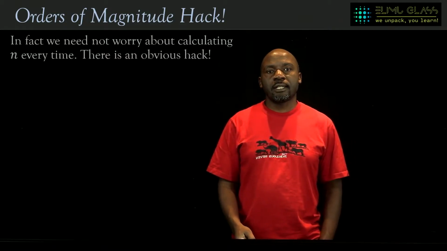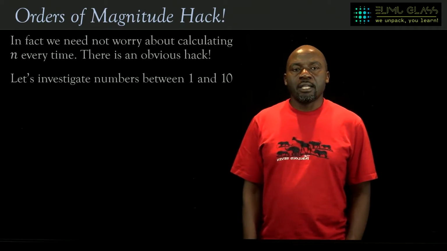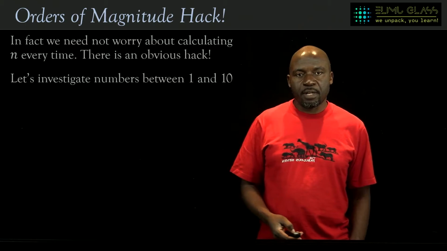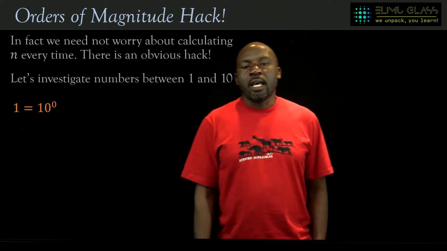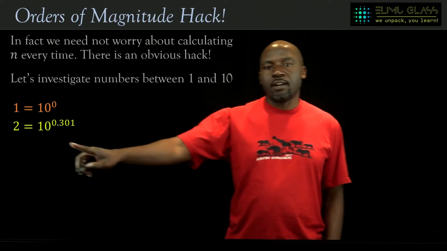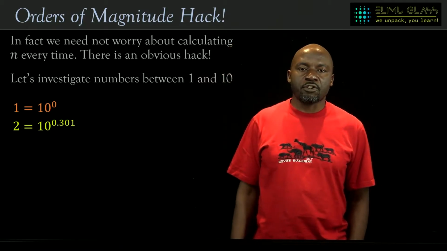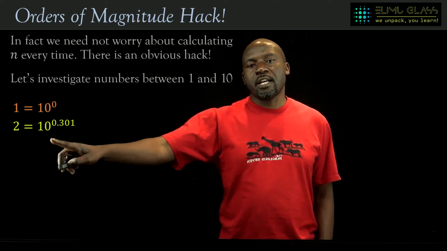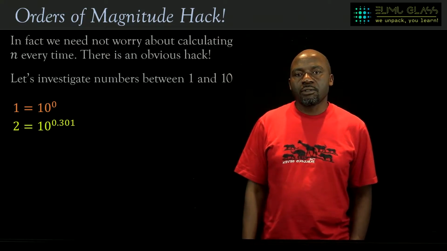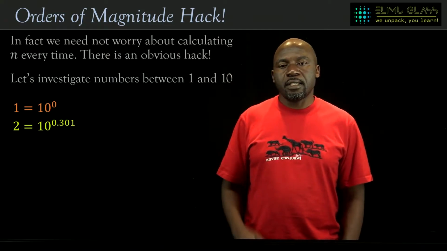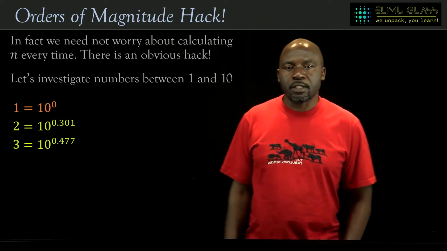And to do that, let's take a look at the following numbers. So we will use our calculator to find the orders of magnitude of some of the numbers between 1 and 10. So for example, we know that 1 is 10 to the power of 0, and if you look for log to base 10 of 2, you should find it is 0.301. Please try that out. So 2 can be expressed as 10 to the power of 0.301. Okay. Similarly, if you find the log to base 10 of 3, you should find that it is equal to 0.4771. Okay, and therefore 3 can be expressed as 10 to the power of